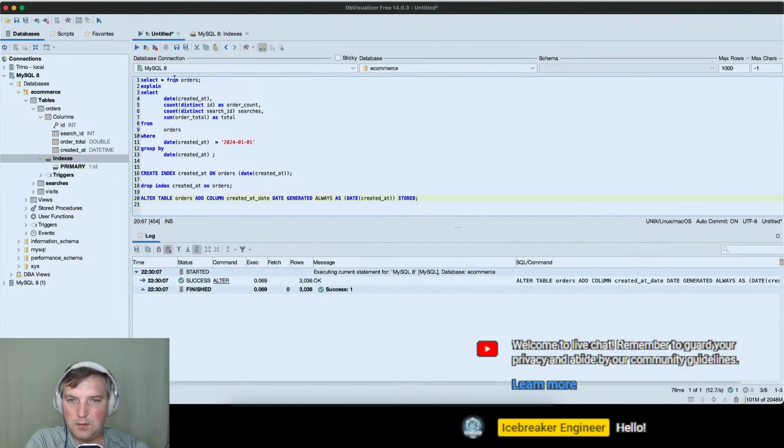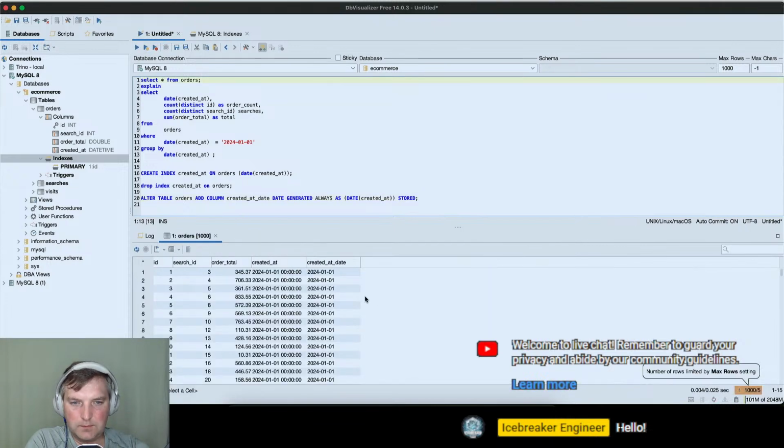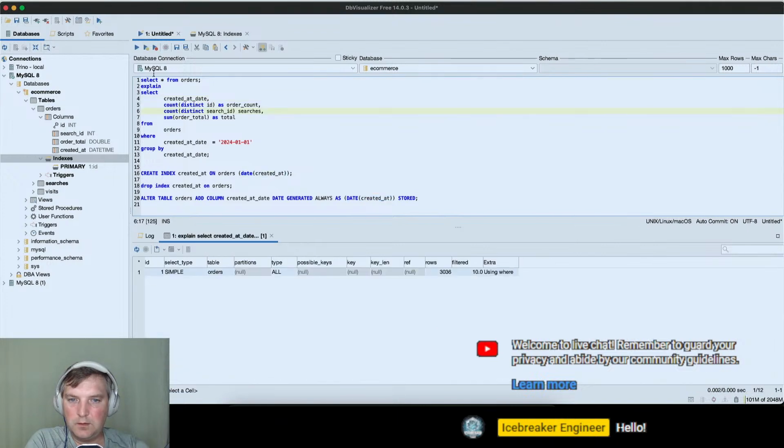Okay, now let's select orders, created at, and now we can use this and this. So now the query again, we have the same, all types, all rows.